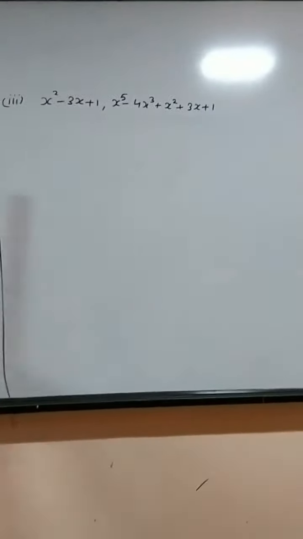So the cubic polynomial is what? Ax cube plus bx square plus cx plus d, and a means 1, so it means x cube. B is minus 2, c is minus 7 and d is 14. This is the cubic polynomial. Here these three are given. You can find the cubic polynomial in this way.